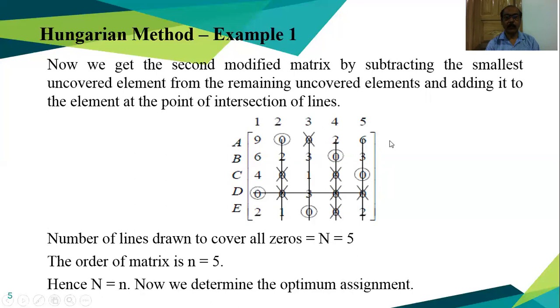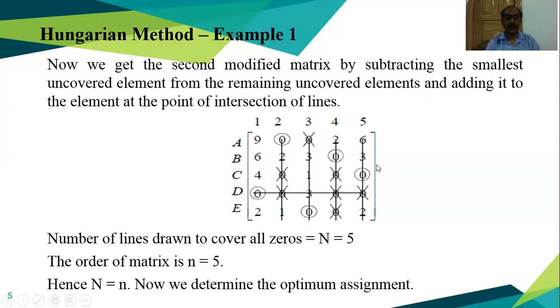So first you have to complete one process. If you want to check horizontally, check it horizontally and draw the vertical lines. If there is a single 0, mark it. Then move to check vertically and draw the lines horizontally. In this way, you have to repeat it until all the zeros are covered.